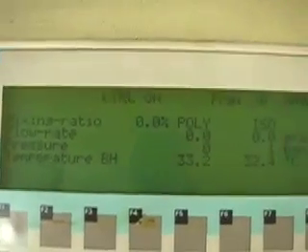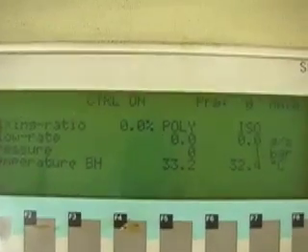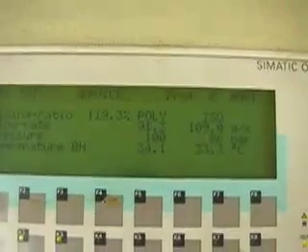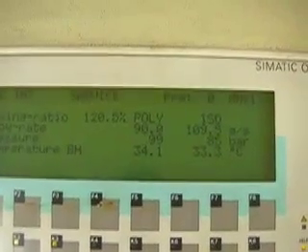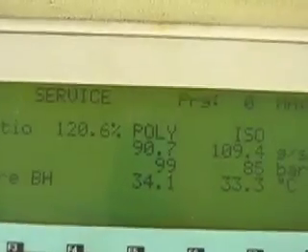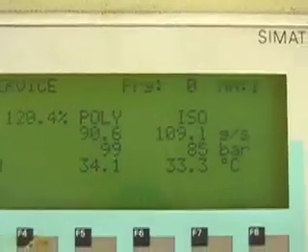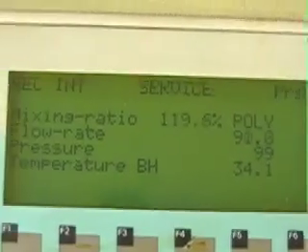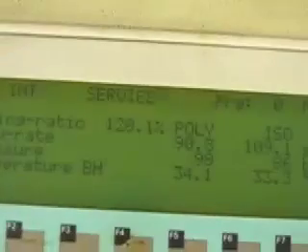Okay, so if I shoot now, it will show here, and I'm starting up the machine so that you can see what's happened. It's now running, as you can see. Grams per second, pressure, it's on low pressure naturally now, and the flow rate. If I go back,